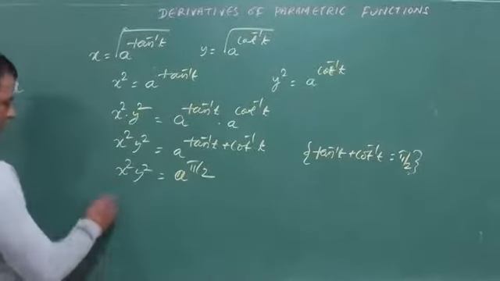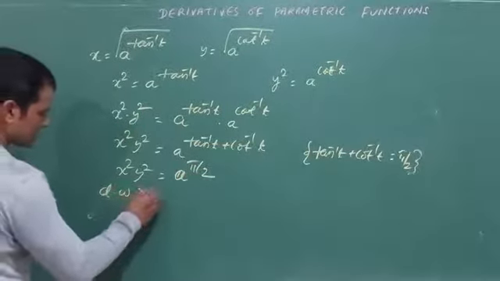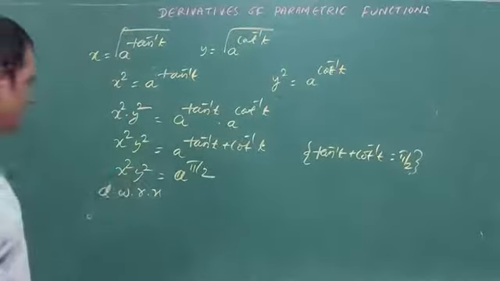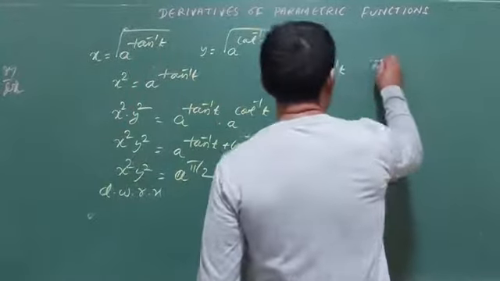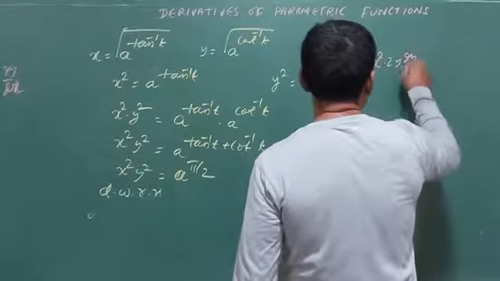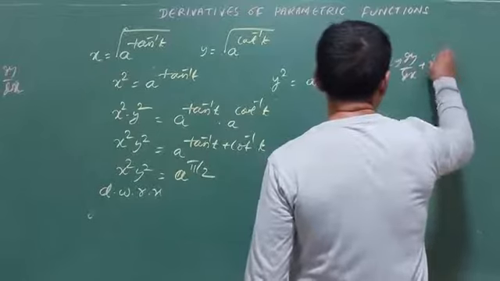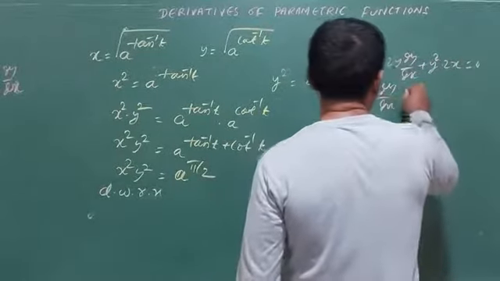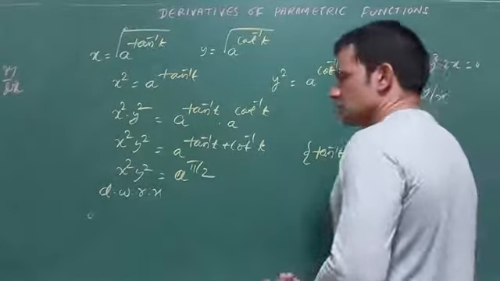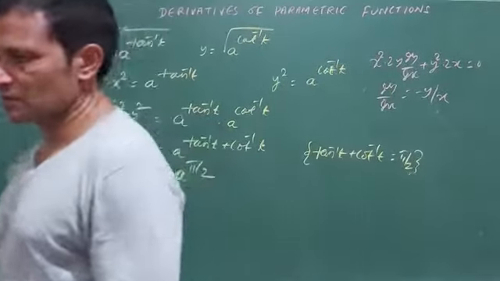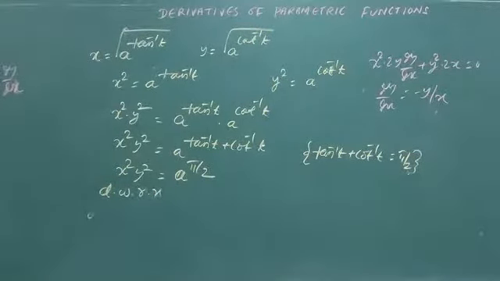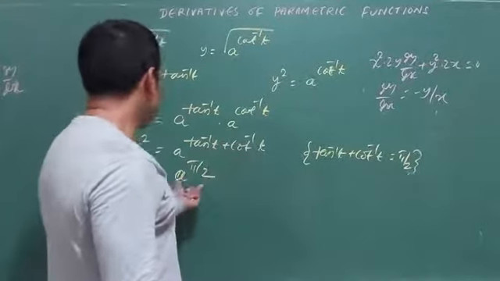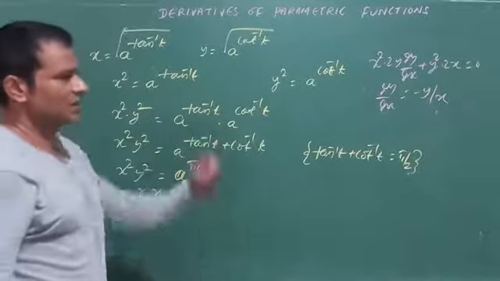This is a constant now. Differentiate with respect to x, because there is no t left. The parameter is gone. Now the variables are x and y. So x² · 2y dy/dx + y² · 2x = 0. So dy/dx = −y/x. It is up to you which method you go for. This is the shorter method. Understood what I did? I have just applied the formula and multiplied them. That becomes π/2, a constant. Then go for the product rule and you get the answer.